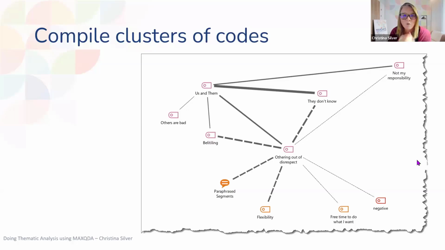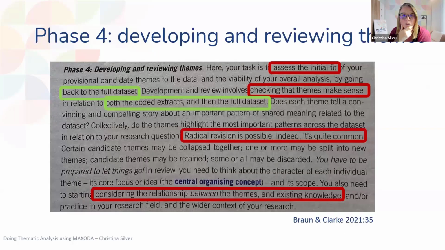All right, let's move on to phase 4 very quickly, which is to develop the themes and review them. And I think I said earlier that you're continually reviewing everything in MAXQDA. Whenever you look at one thing, you're always able to quickly, by the click of a button, get back and see the context or see what it's related to or see how many times it occurs. And so that's really, really important in this process of developing and reviewing themes, because what they're talking about here is reviewing all of that work we've just done and starting to